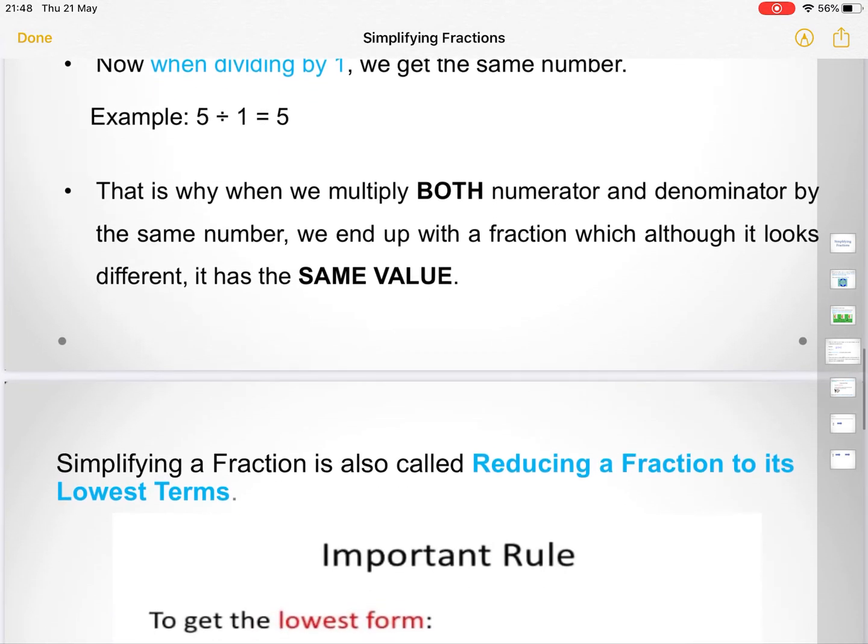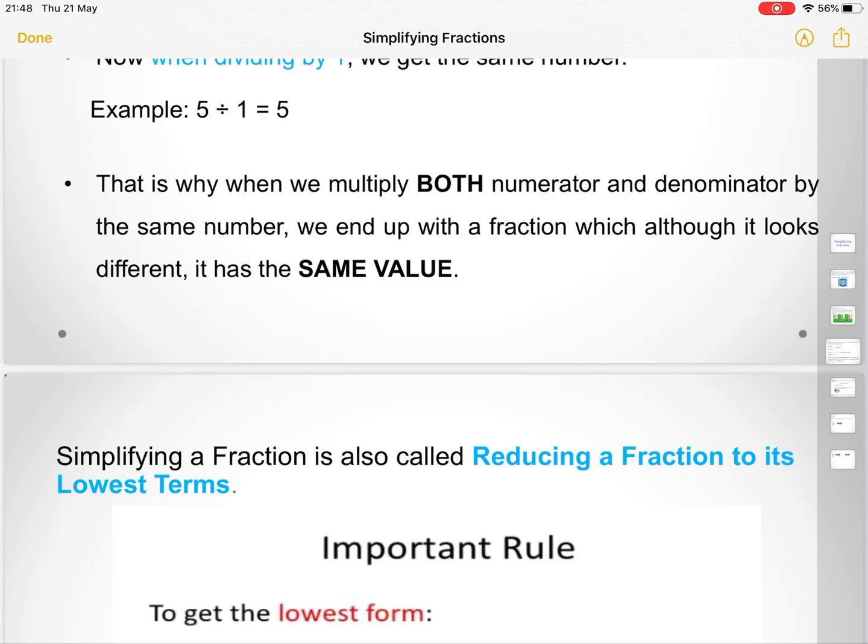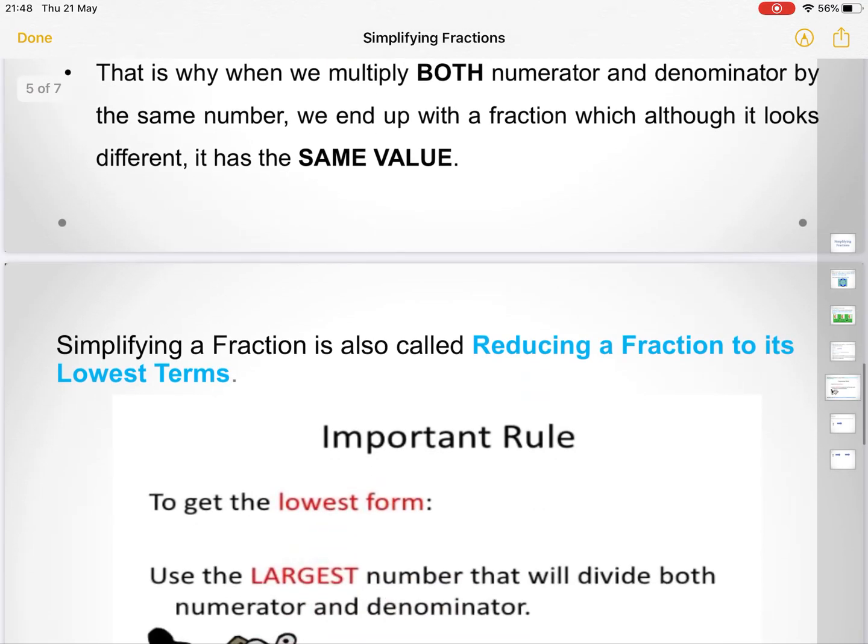It's important. They have the same value. Now, simplifying a fraction in maths is also called reducing a fraction to its lowest terms. Lowest terms means it cannot be simplified anymore, right? It means that I cannot find another number which divides exactly into both the numerator and the denominator, okay? So instead of being asked to simplify a fraction, you can be asked to reduce a fraction to its lowest terms,